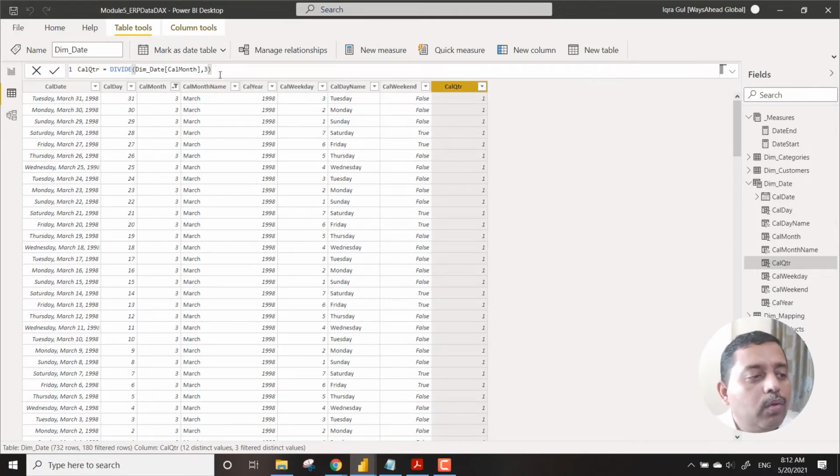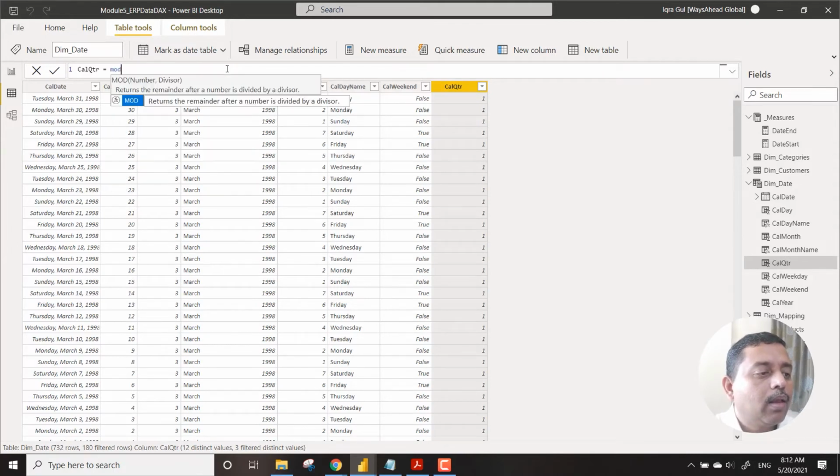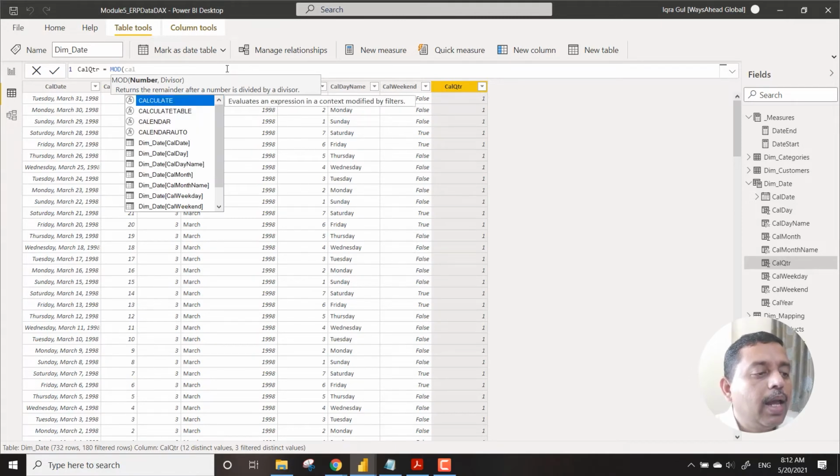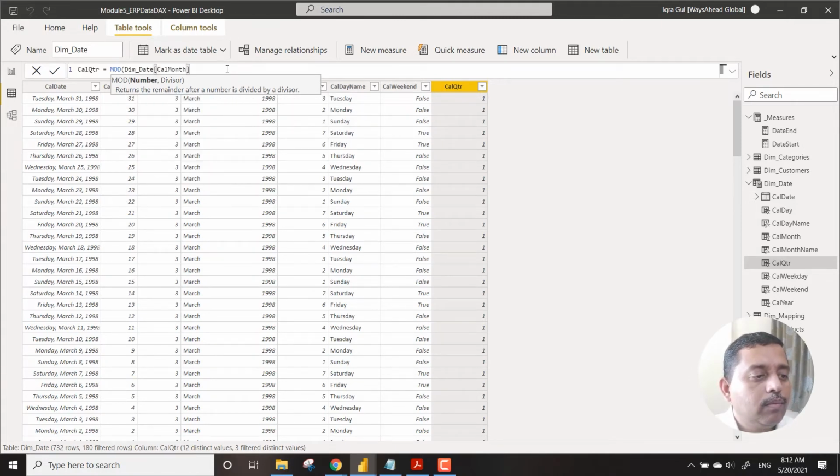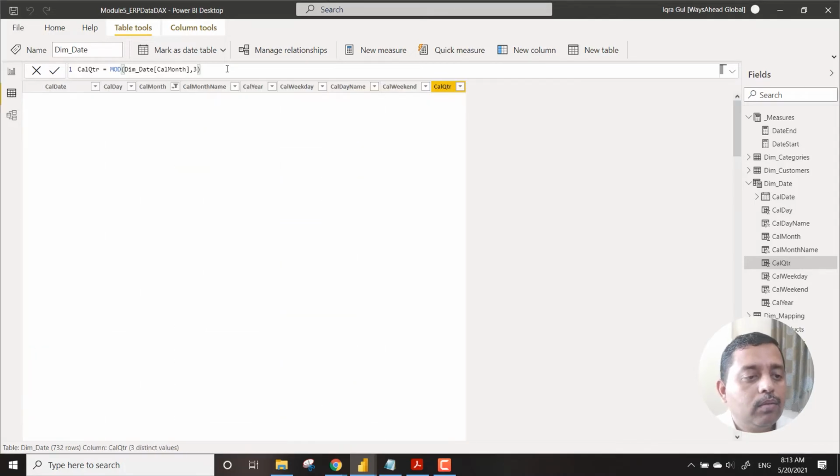We have multiple options to find out these details actually. We have something called the mod function which we will be using over here. We have the number, so we take it as cal month, and then the divisor would be, let's say, 3, and let's see what happens now.